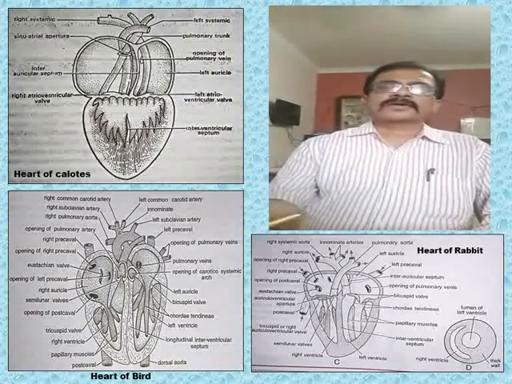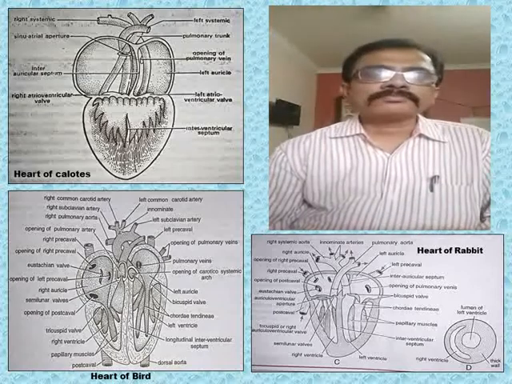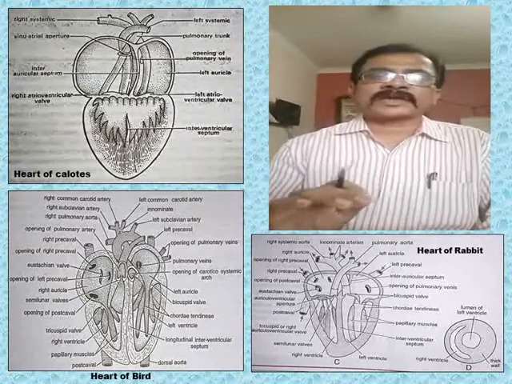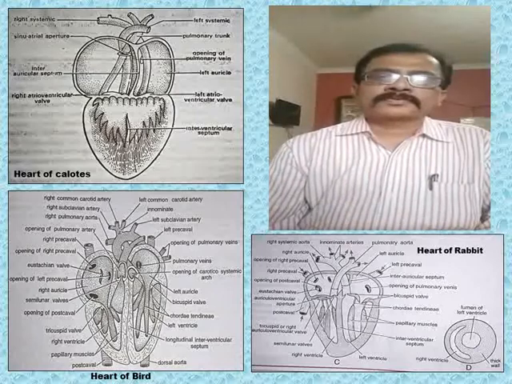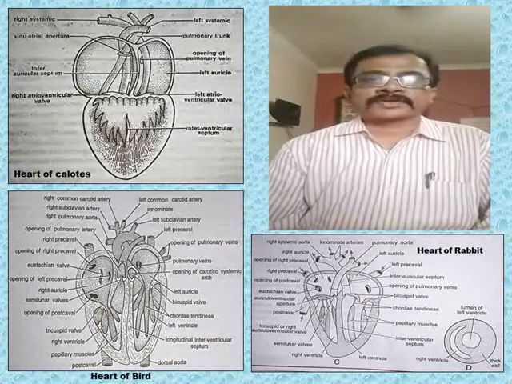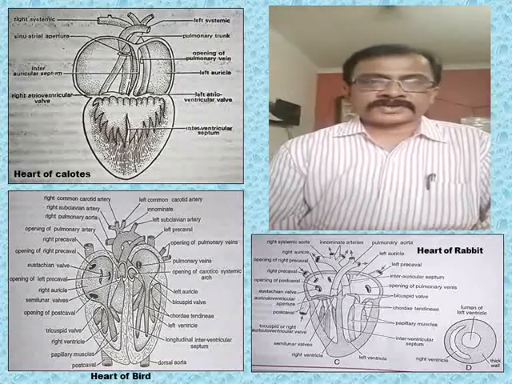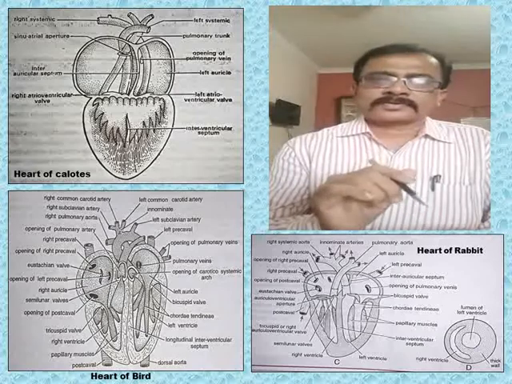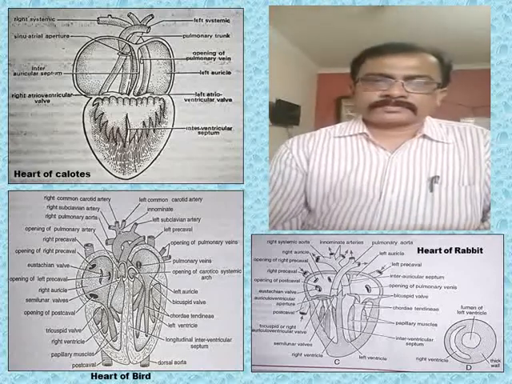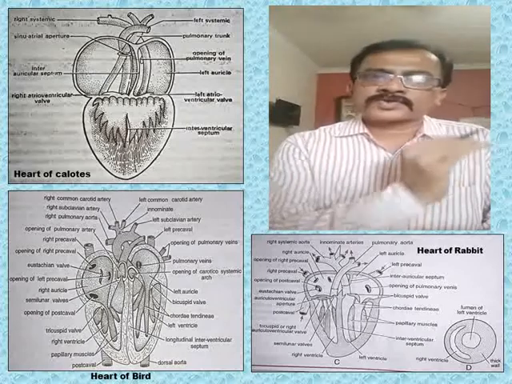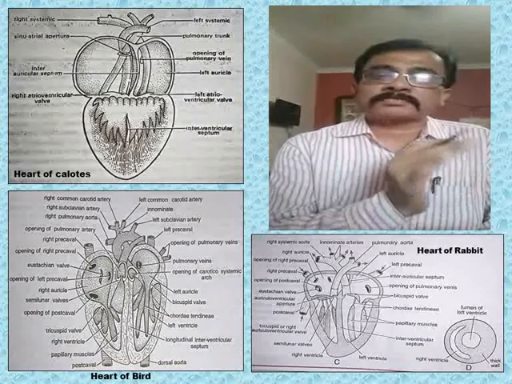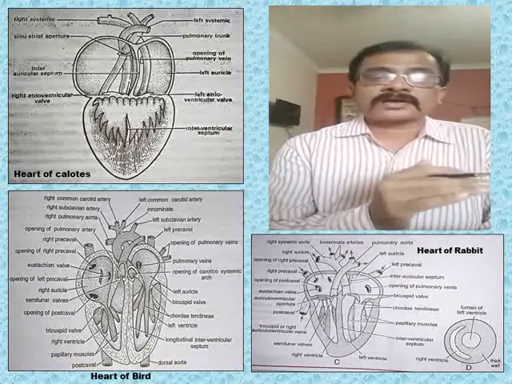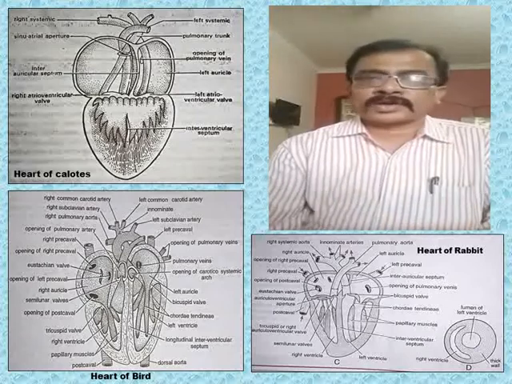About the condition of the heart. In lizard, the heart receives venous and oxygenated blood, which are mixed in the incomplete ventricle. Where do they mix? They mix in the incomplete ventricle itself. So that is called a transitional heart and it is a single circulation. The heart receives venous blood as well as oxygenated blood, but it is mixed in the incomplete ventricle, so it is a transitional heart and there is a single circulation.